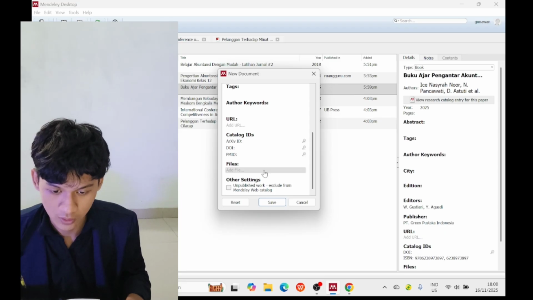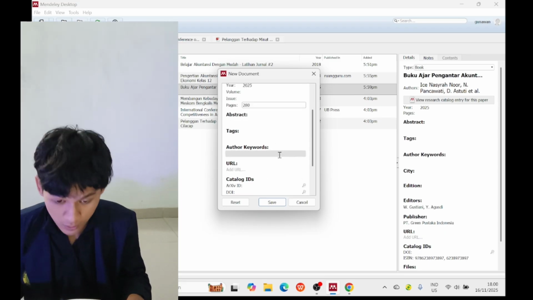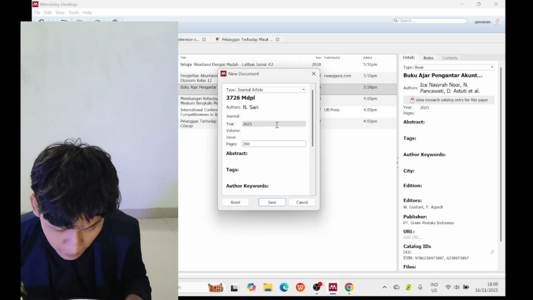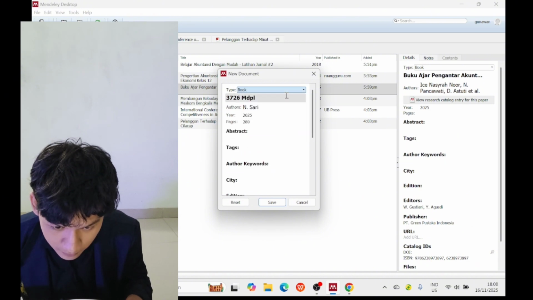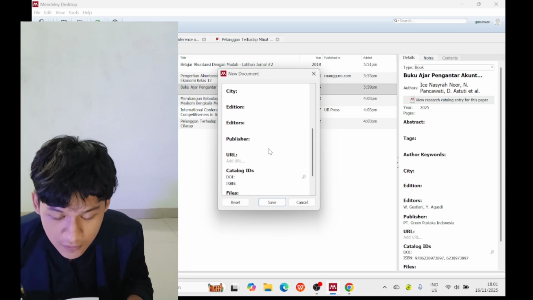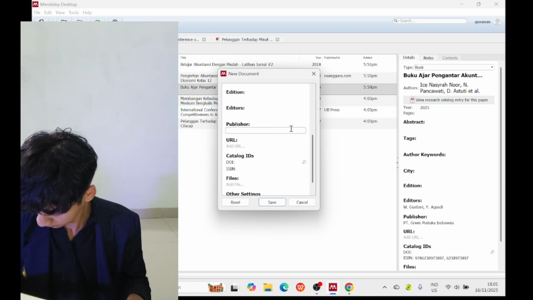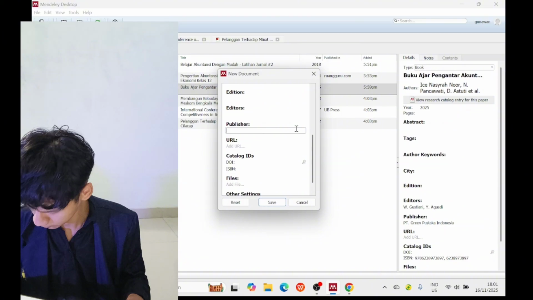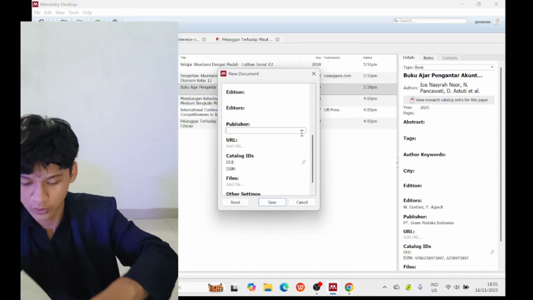Oh, there's no ISBN on this one. For the publisher is Romancius.